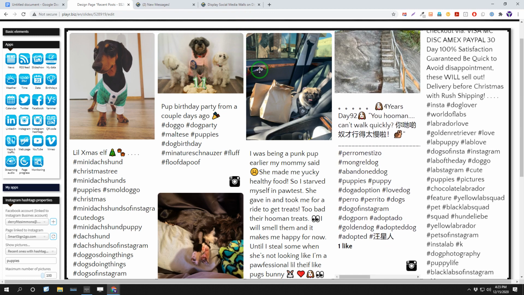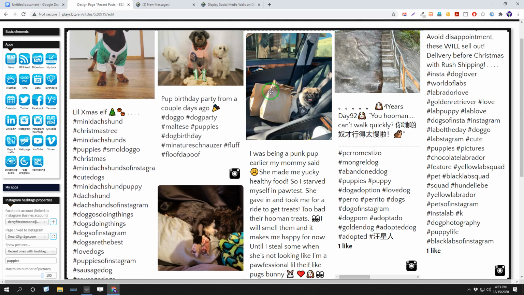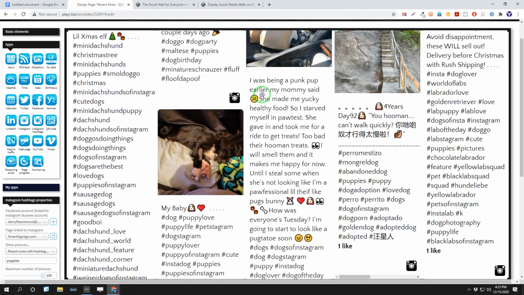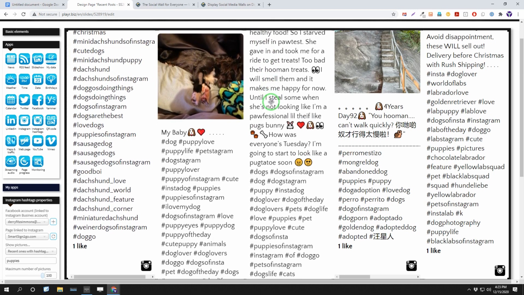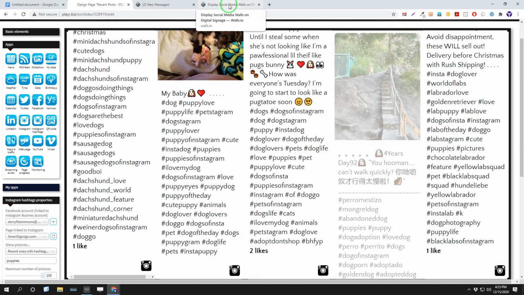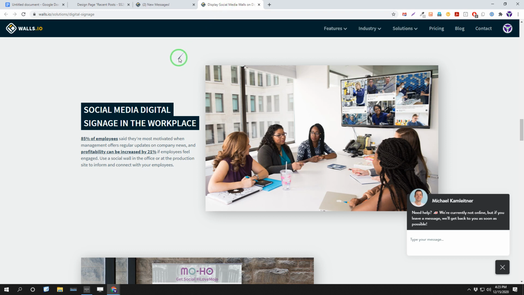So if someone happens to make a post with a hashtag that you've chosen and it's a post that you find offensive or isn't appropriate for the screen, you can actually go into the back end with your account with walls.io and moderate that post and get it removed from your screens. So again, that's where we're at right now. Hopefully we'll add some tools into our tool set to catch up with these guys, but right now they've got a great add-on for our system that you can use, and it's actually free for a large number of the features. So let's take a look at how to create a social wall with walls.io and how to get that